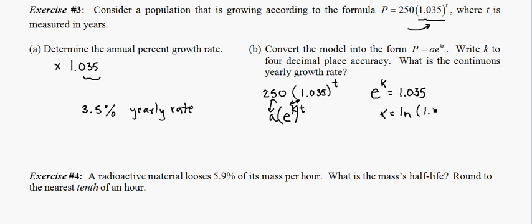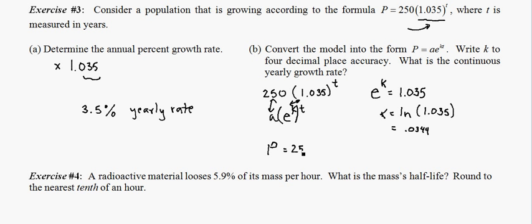That's exactly why we did the last problem. To very quickly do this, it says write k to 4 decimal place accuracy. All right, we really want k to be quite accurate. Most of the time in a realistic setting, what we would probably do is just leave it as the natural logarithm of 1.035. But I actually like to write it out a little bit. It's 0.0344. So our model now would be P,